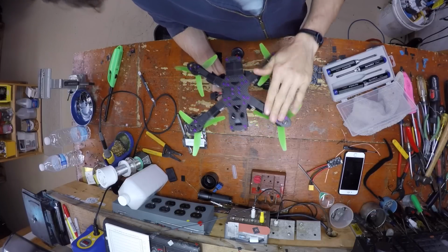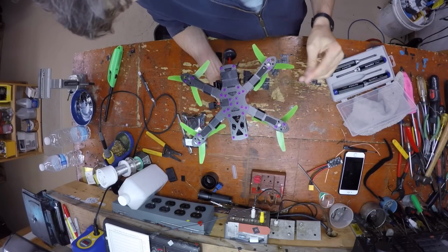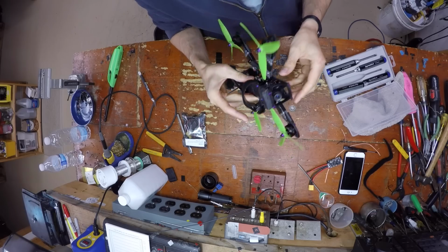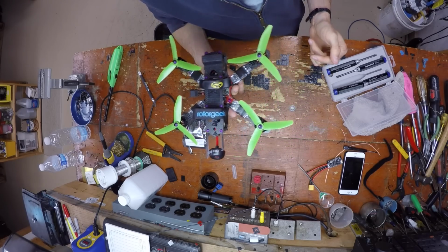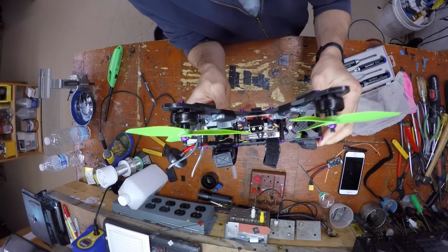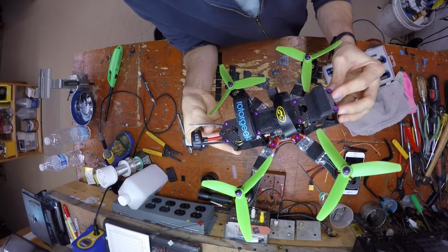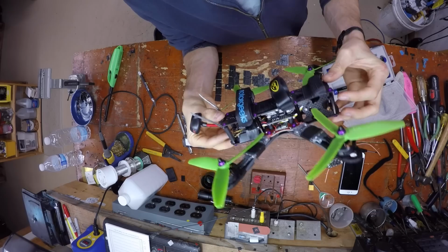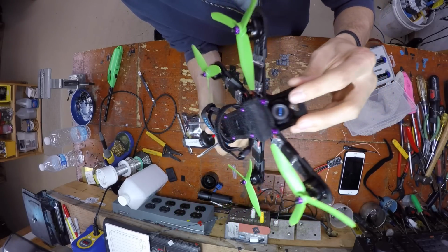So there were a lot of people asking to see the finished product of the Alien build, and this is it. I have flown it a couple times since then, and I mean, it's a great flying aircraft. This is my backup, so obviously it's not going to be as dirty or as used as the one that I fly every day, but